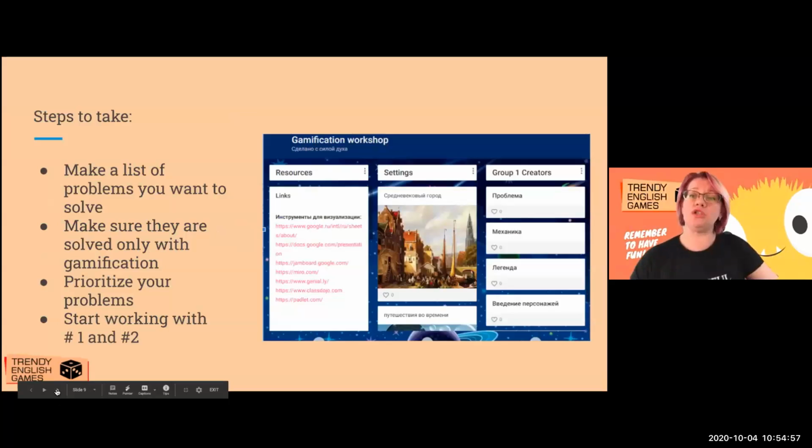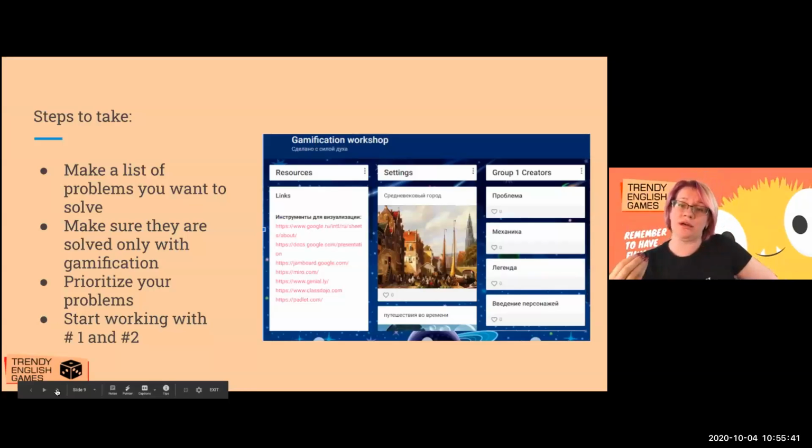So if you want to gamify your lesson, you have to follow this procedure. First, you make a list of problems you want to solve, and these problems must be measurable. They shouldn't be general. Then you make sure that these are problems that need to be solved with the help of gamification. That means you've tried all other techniques, and nothing worked. So gamification is just your last resort. Then you prioritize your problems. You can't start working on everything. You choose maybe the first two problems you want to start working with,